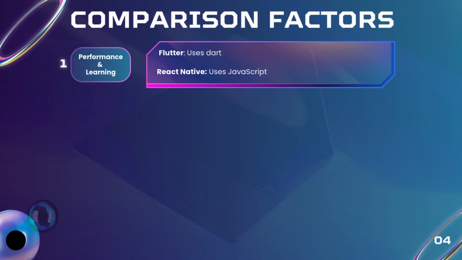Moving on to the comparison factors. I will be comparing Flutter and React Native side by side, as we need to consider several key factors based on your projects. First of all, we have performance and learning. Flutter uses Dart, which is a programming language that is natively compiled to code for both iOS and Android, which leads to higher performance, especially for complex apps and animation, so there is no bridge between the code and the native platform. But it requires learning